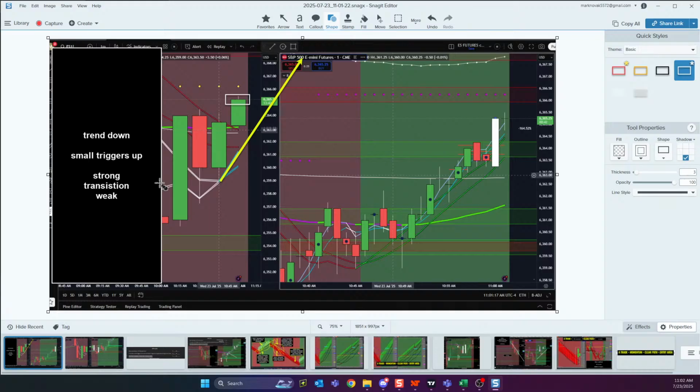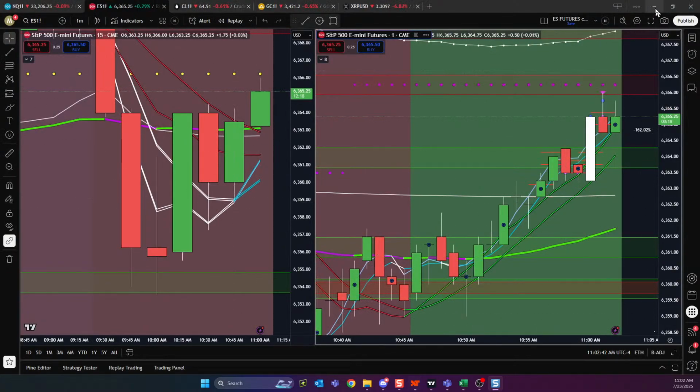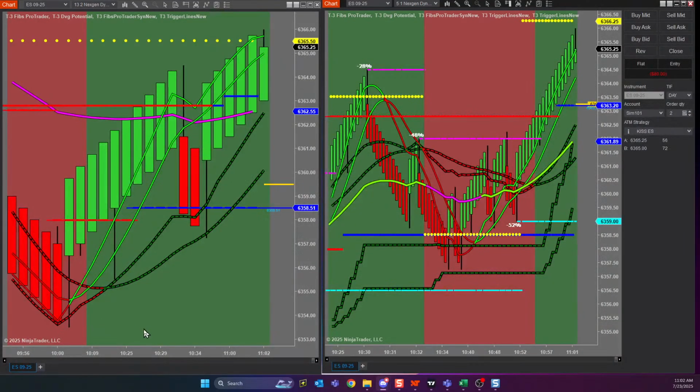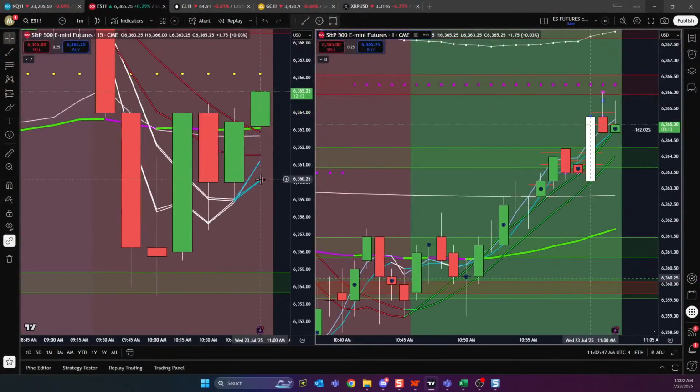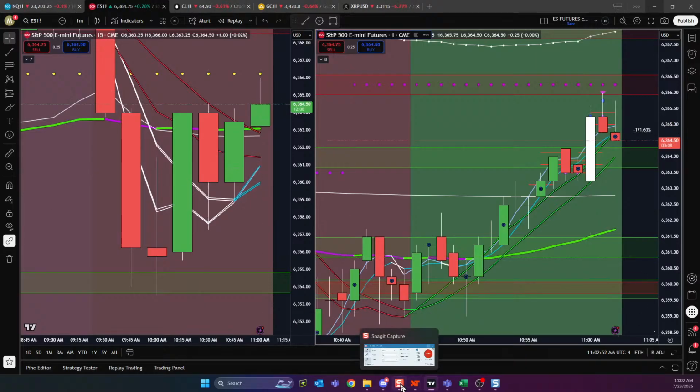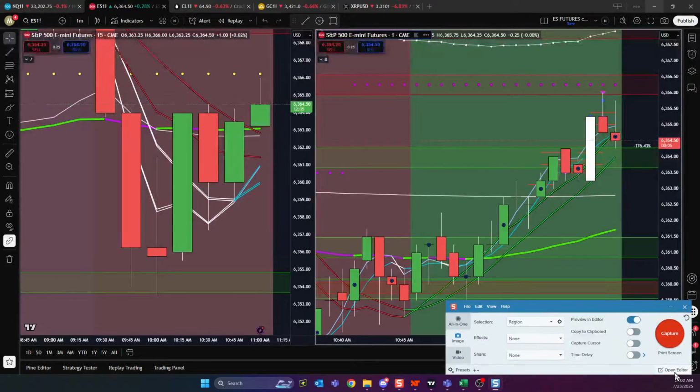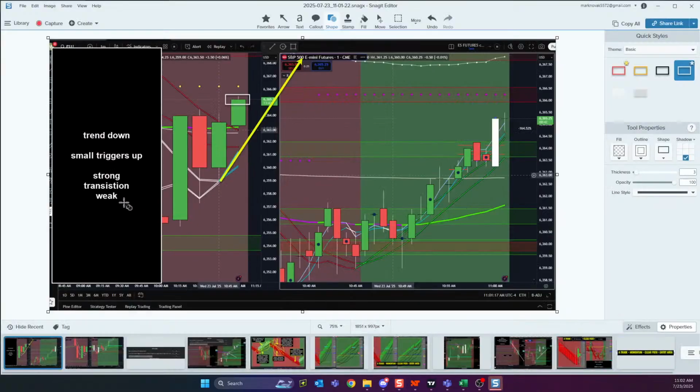Andy V says weak. Pablo says strong. So Andy V, left of the triggers is what we consider strong. Right of the triggers is what we consider weak. And Andy, I know that you're on NinjaTrader and not TradingView, but that was a good guess. If this were a Renko chart, absolutely, we would not have momentum in that situation. But because it's a TradingView chart, we have to look at it a little differently. And if you're not on TradingView, guys, remember that these are different platforms and there's different scenarios. So Pablo, 100%. We're strong side of the triggers.